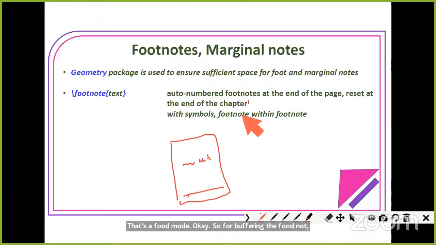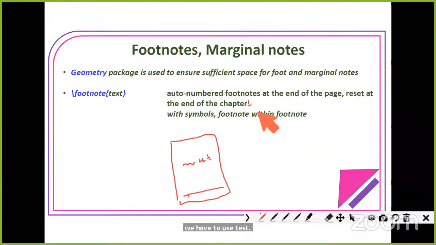Okay, so this footnote can have a number or symbol, but it will not be aligned with the text. It will be aligned in the superscript. It is aligned in the superscript. Okay, whereas in this label it will be aligned with the text itself. Okay, so